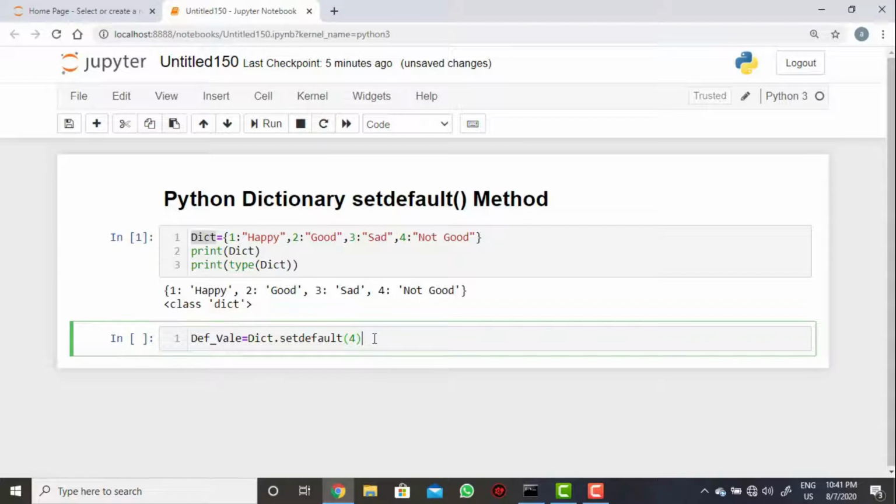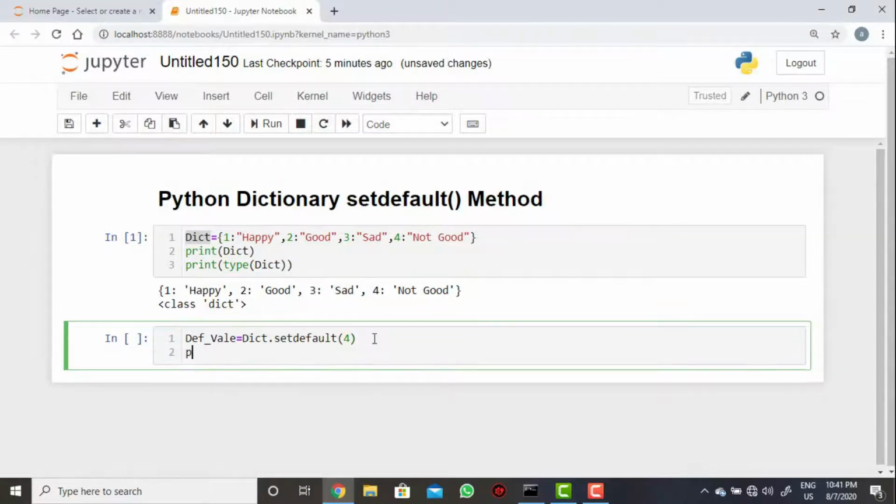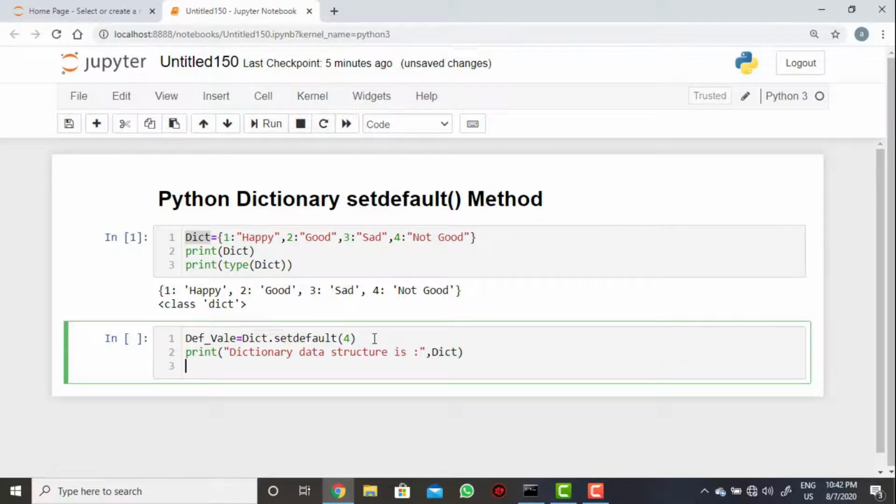So when I execute here, or you can say print, dictionary data structure is, and what is the dictionary data structure that we have? dict. Now print, then we have default value is.